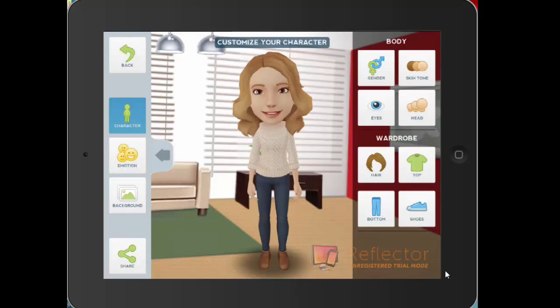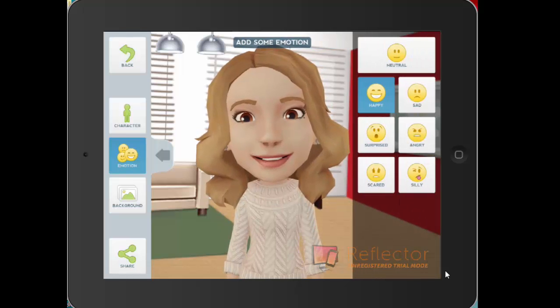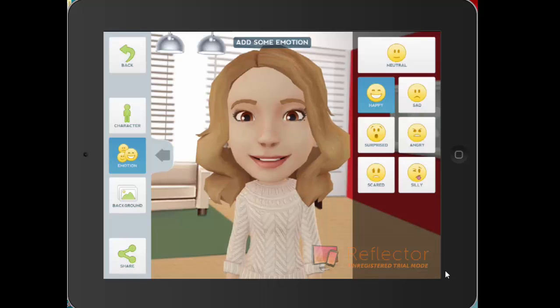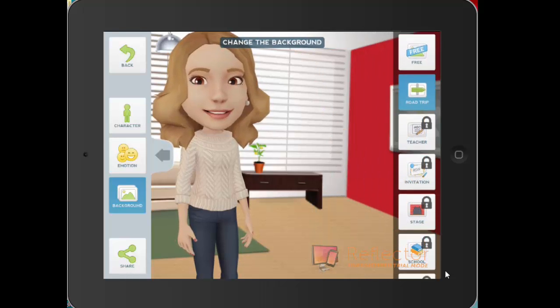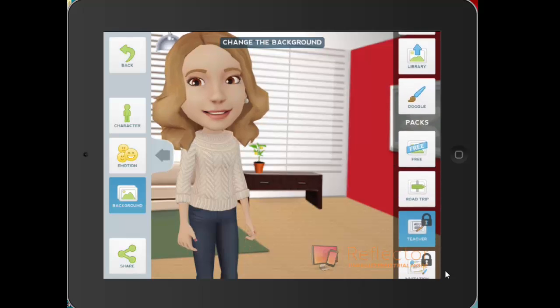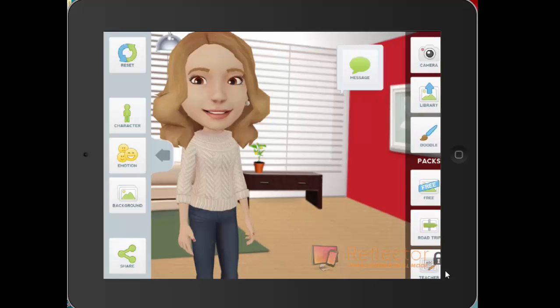So if you click on character, you can change the gender, skin tone, shape of their head, eyes, hair, their clothing. You can change the emotion of the character and change the background. Some of these things you do have to pay to unlock, but there are free options in each of those areas. Then you just click back